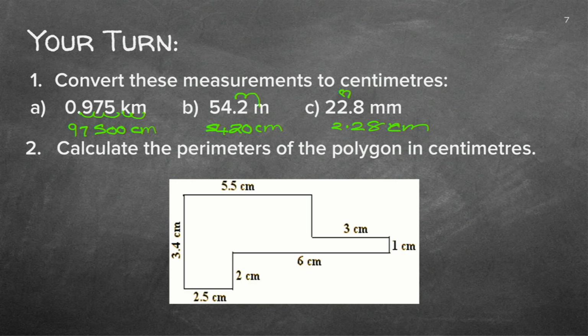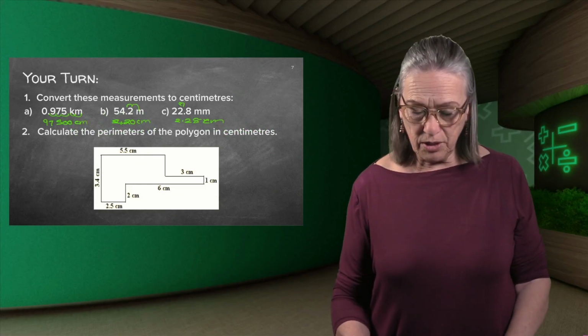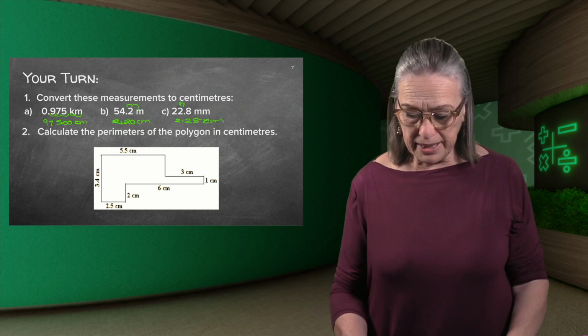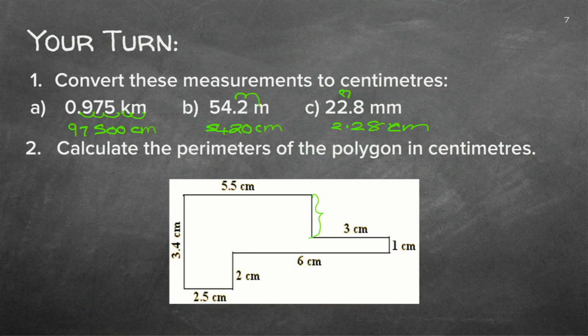Right. Now to calculate the perimeter of the polygon in centimeters. But there's a catch here, and I hope that you can see this. Can you see? What is the rule? You've got to add all the sides. But this one side hasn't got a measurement, but you've got enough information to work it out. I just want to make sure that you understand that this is not drawn to scale. So it might look a little bit awkward, but it's just an exercise. So we still need to work out this, but we've got enough information to do that, right?